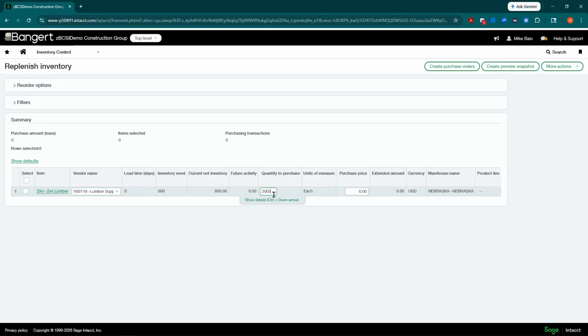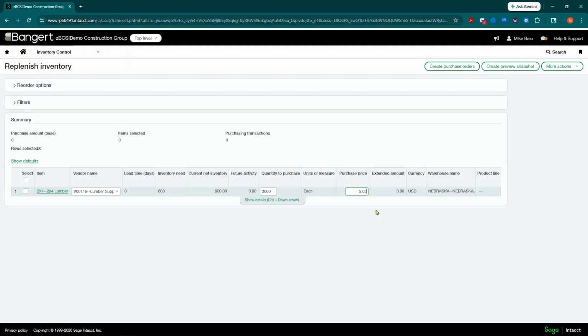You always have the ability to override and say, we're just going to do 3,000 today. You can override that there. And as you're managing this, depending on who's managing getting the pricing for this, you could fill the pricing in here, or you can elect to leave the pricing out here. And then when you generate the POs, if you have a different person in charge of your purchasing, that can trigger that individual to get those POs and get pricing on them before they issue the POs. So you can do it either way.